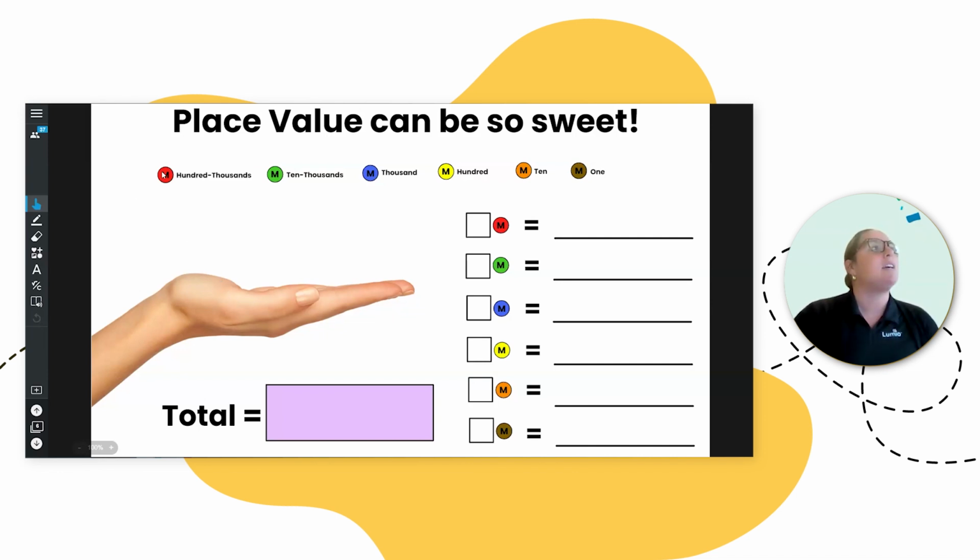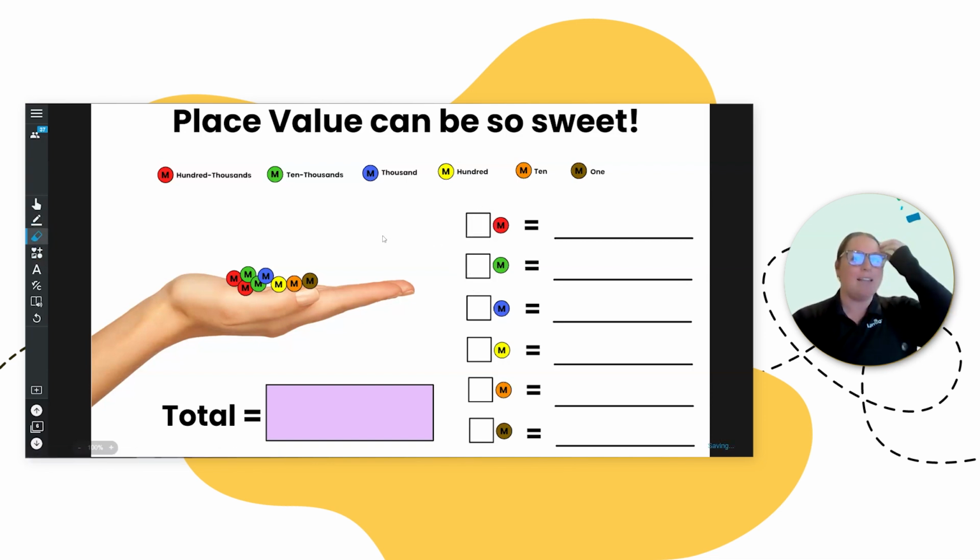What is happening here is that I infinitely cloned these M&Ms so they can pull out as many as they want, and they can practice and keep practicing. And then once they pull them all out, I would want them to use their tool here to the side and add it up. So I put out 2 red, 2 green, so on and so forth, right? Yeah, this is like a popular one.